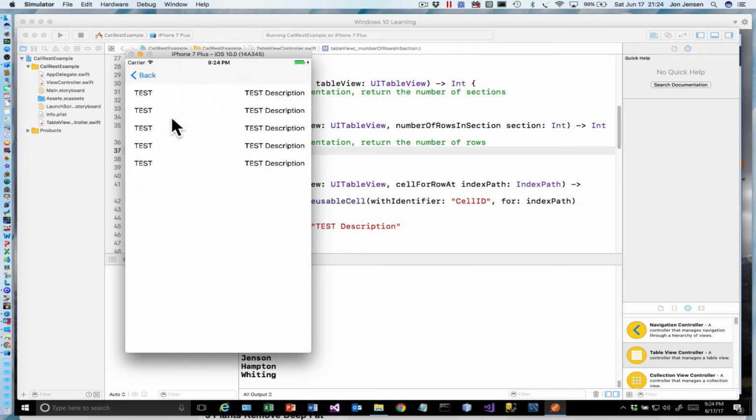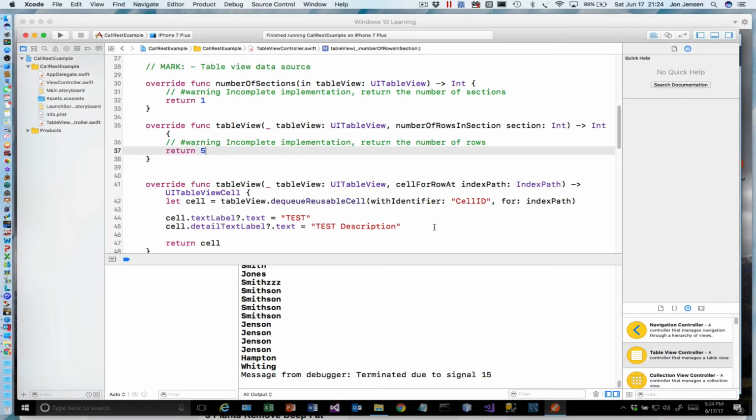And so there you see it just repeated the same data over and over again. Okay. So that's how you can implement a table view. And we also talked about authentication with REST. So now we're ready to move ahead and actually get the data from our REST call. So the first thing we will do is create a